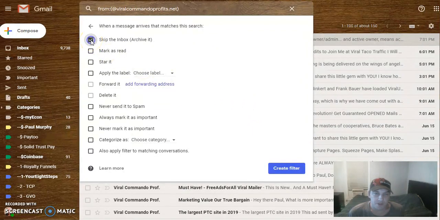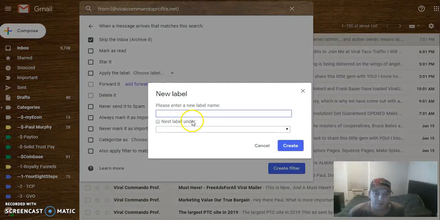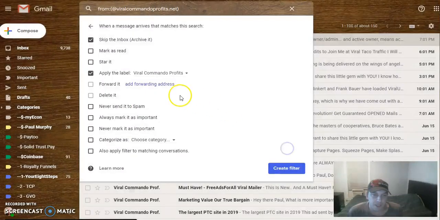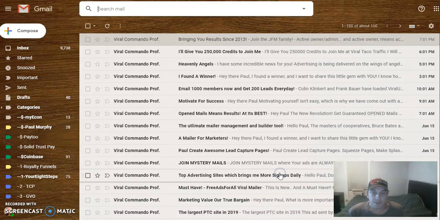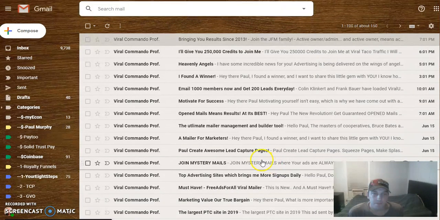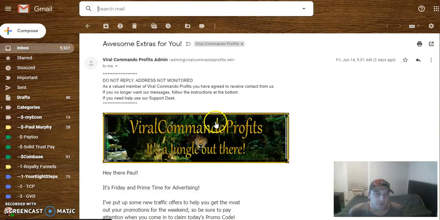and skip the inbox, and you want to choose a label, call it viral, and click create. Never send it to spam, and I'll also apply it to matching conversations. And then just click create filter. And once that's done,